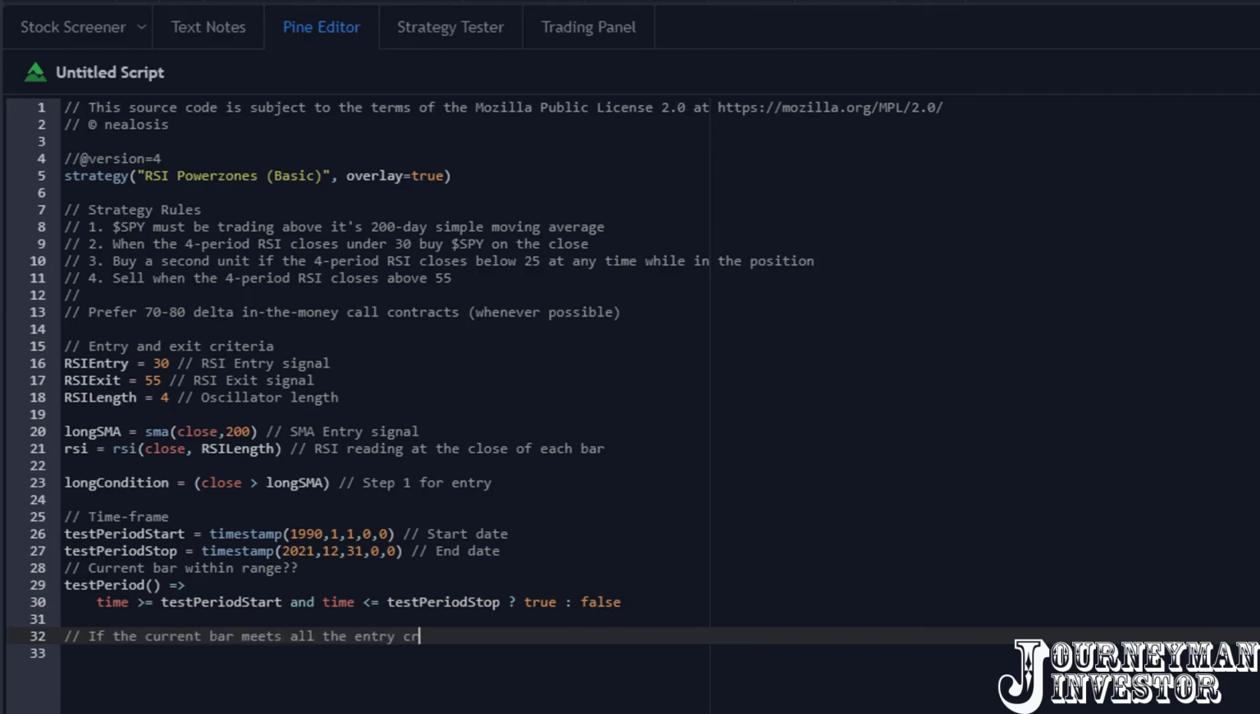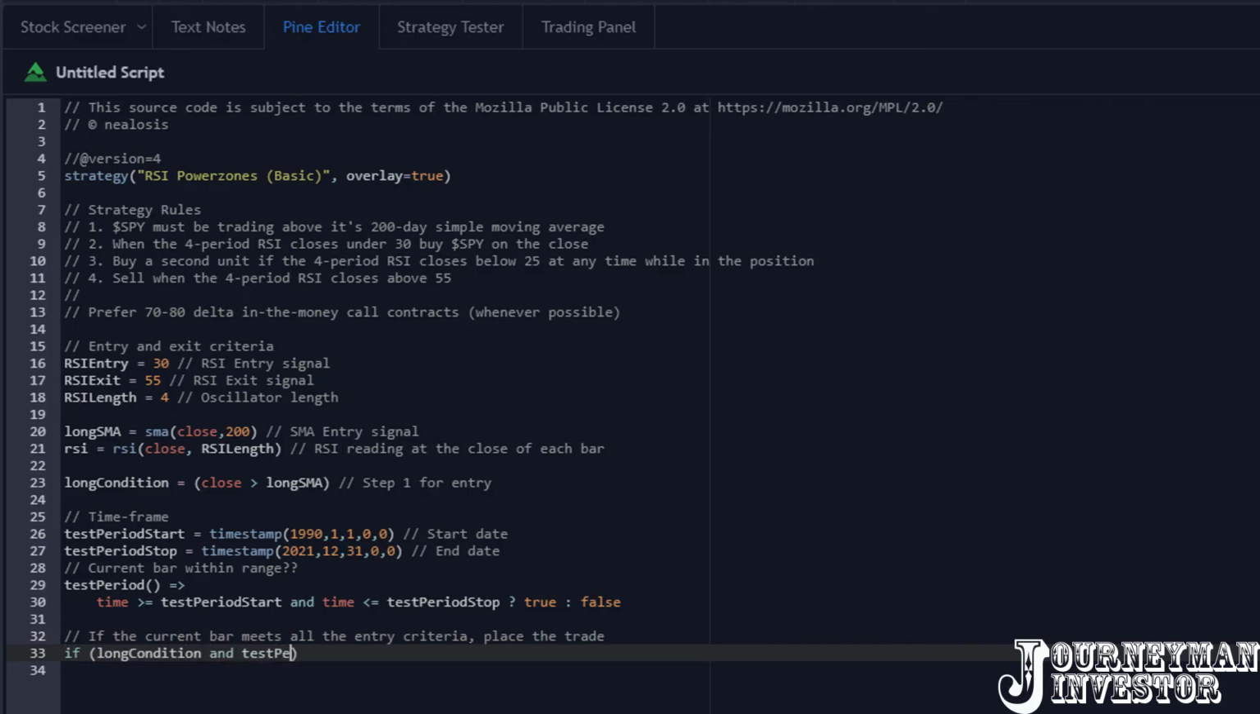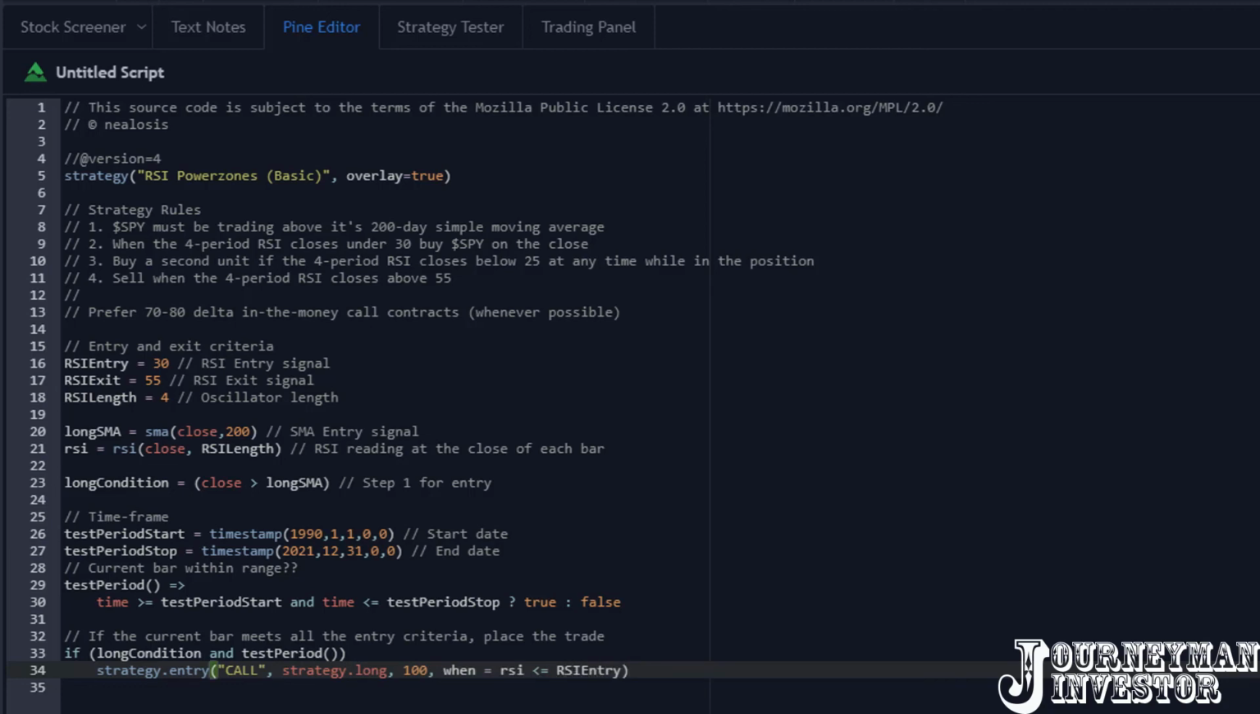So our primary condition is if the long condition, which is the closing price, is greater than the 200-day simple moving average, and we're within our test period range, then we're going to open the strategy. And we're going to buy a call contract. It's a long strategy, 100 units, but only when our RSI oscillator is reading less than or equal to the entry, which was 30. Then we're going to close our strategy out whenever the RSI is greater than or equal to our RSI exit variable, which was the 55 oscillator reading. And we just click Add to Chart